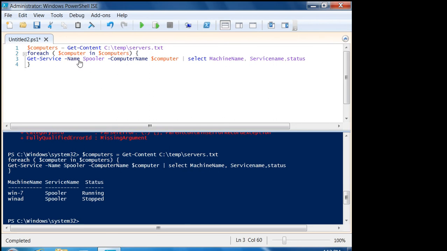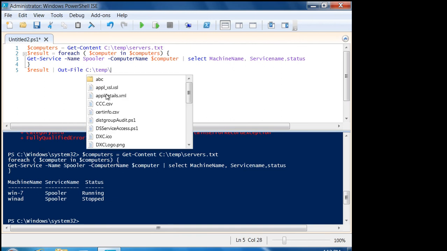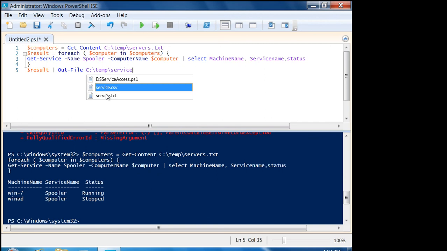What if you want to get this output into a file, text file or CSV file? So here we can do that. Just before the for each loop, create another variable result equals to, then go to next line, choose your variable where your output is being saved, Out-File, then C:\temp, and you can give any path. Then here I can give service.txt to get the output, or if you want the output in CSV format, you can do that. Export-CSV